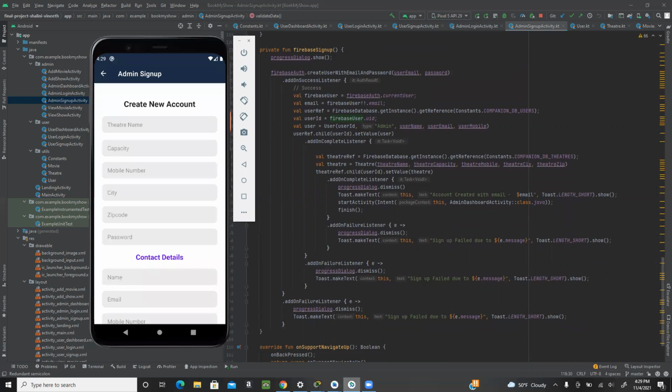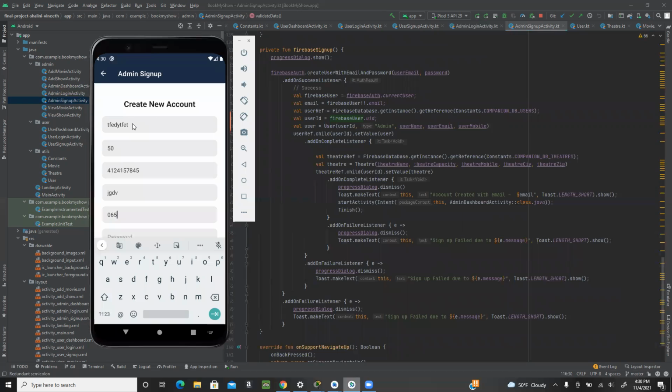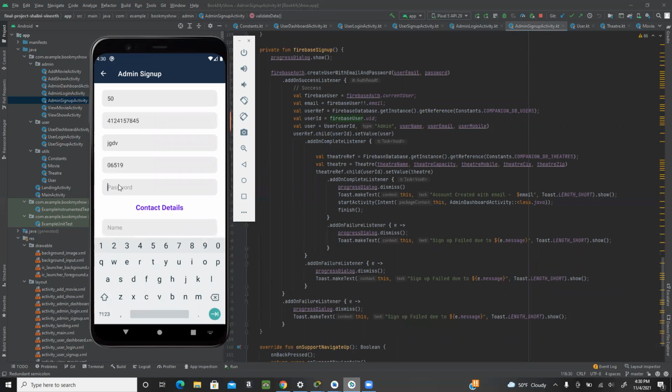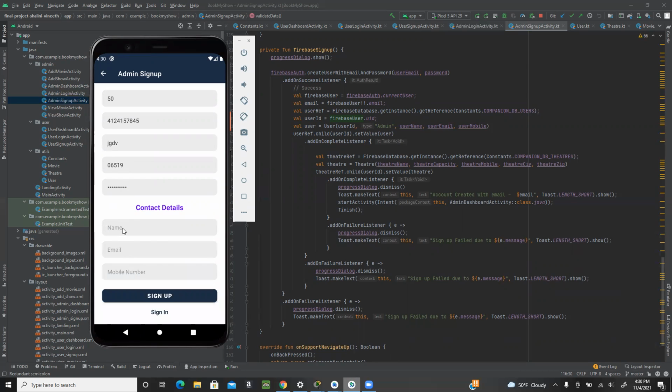I'll show you. Theater name, capacity 50, mobile number, city, zip code, and password. I have given the password, and these contact details are the point of contact details for the admin.